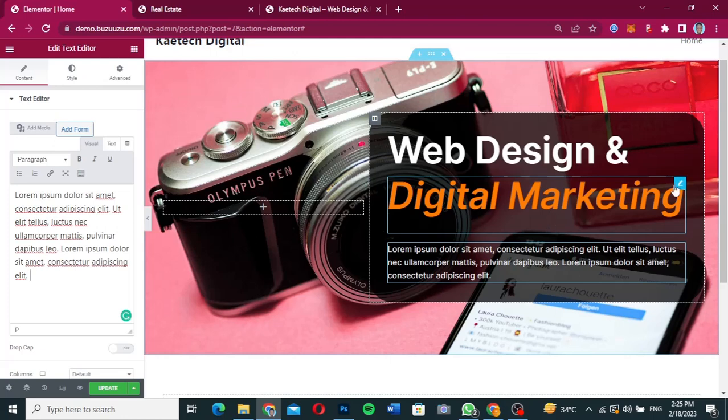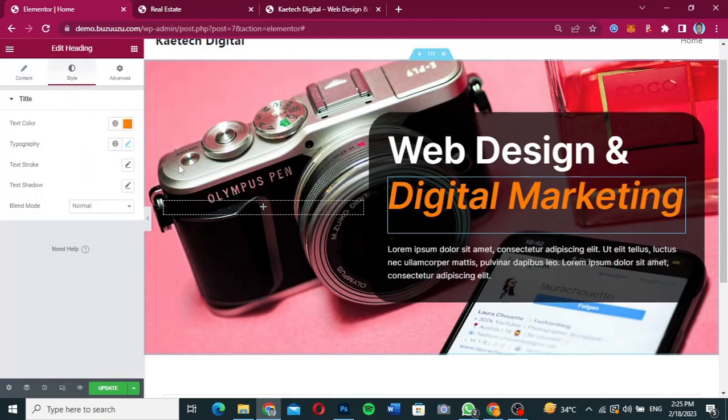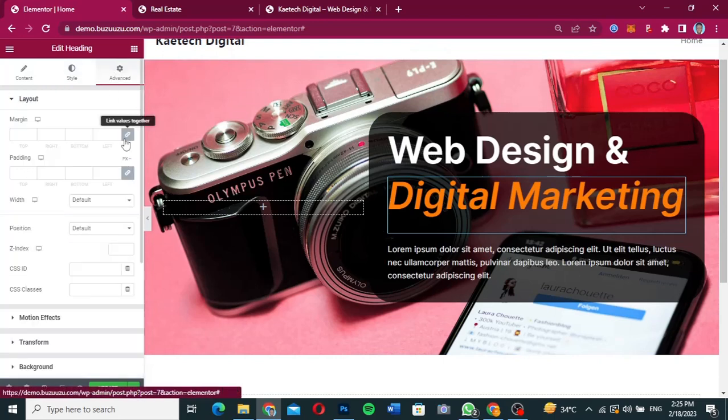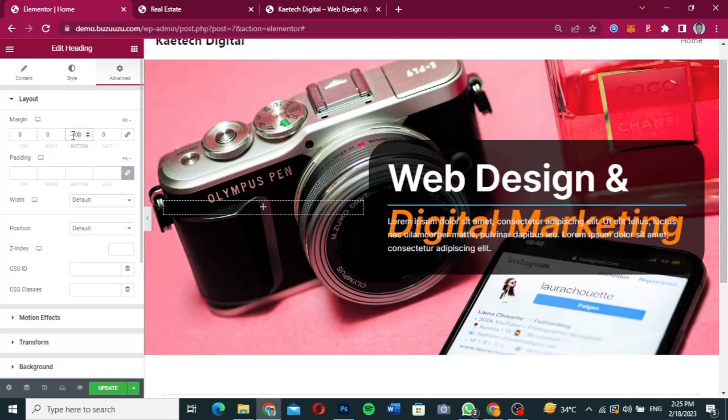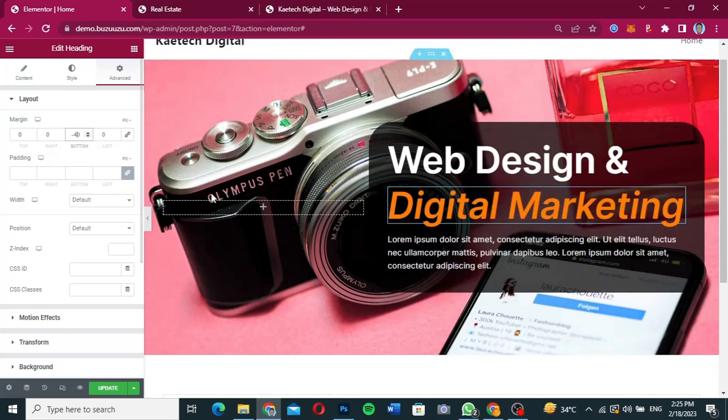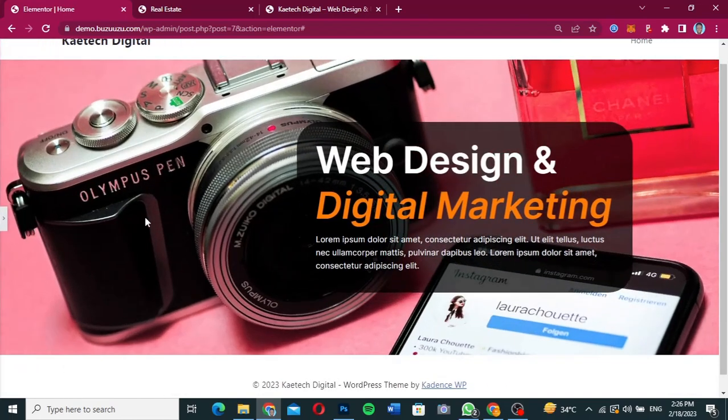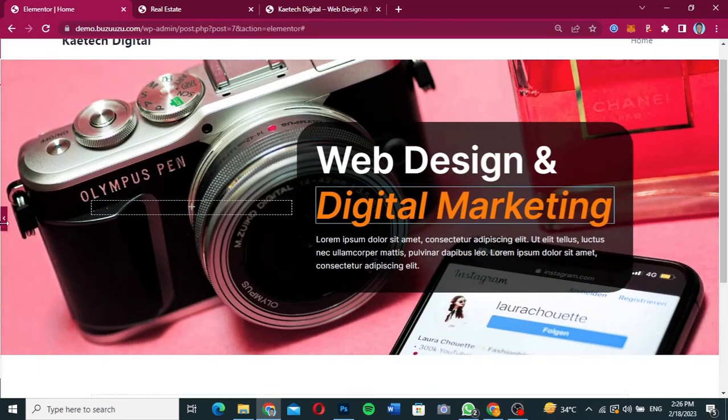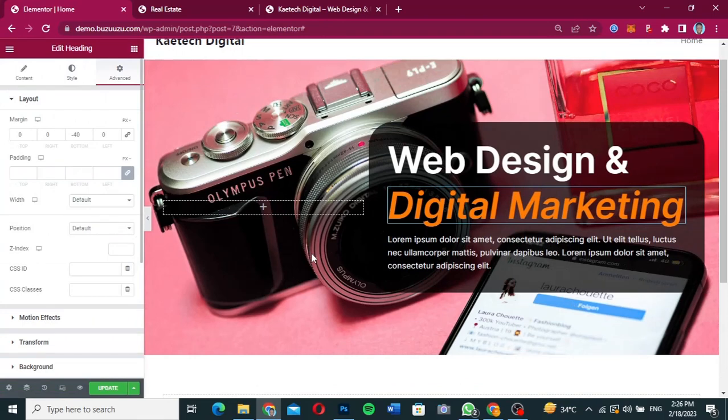So I'll click on this heading text over here, go to advanced, unlink the padding, and then give it a negative margin of 40, so that the gap will reduce. Okay, so as you can see, we have this one over here. Now the next one that we want to do is to bring in